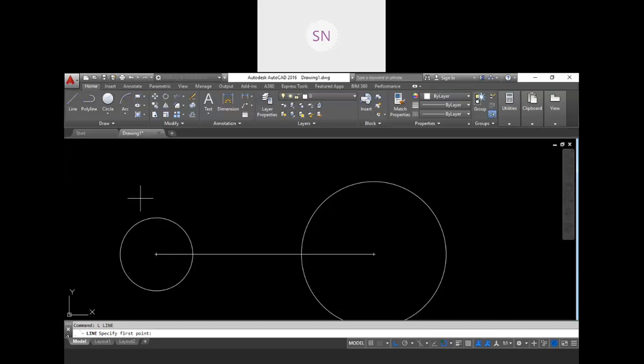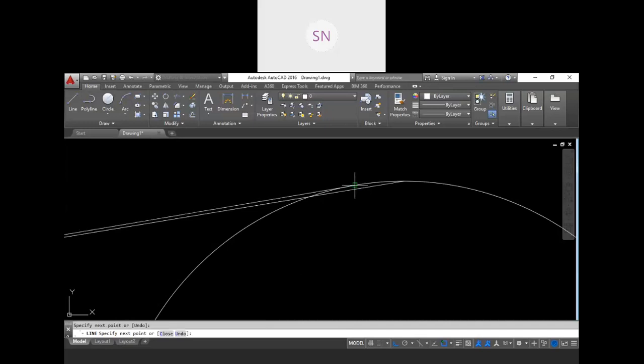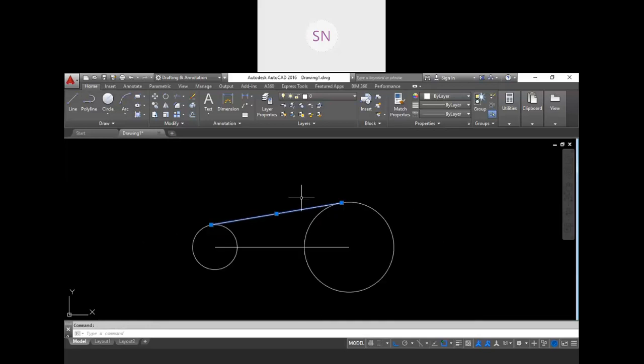I am starting my line, for example, from a nearest point here, then going up to this tangent mark. See, this tangent mark you will get. Click here, then go back and find the tangent mark over here. This way you have to create two lines, then delete the previous one. So this line is almost tangent at both ends, right?